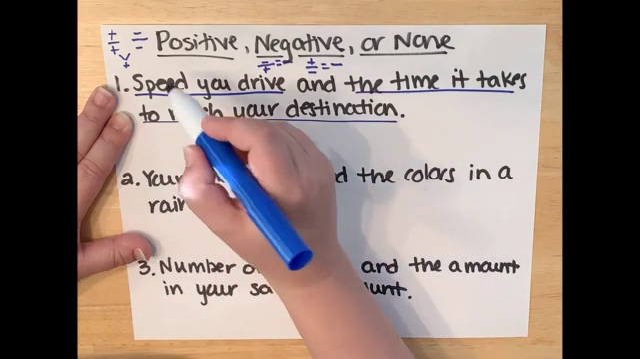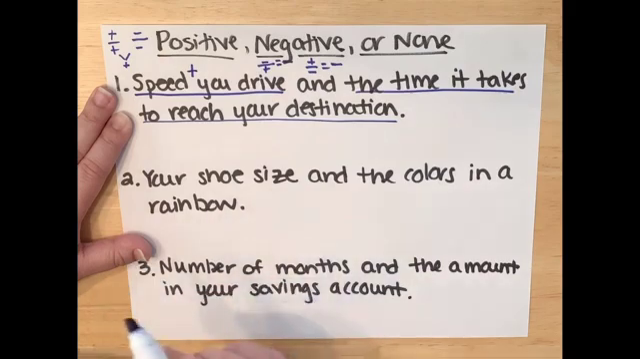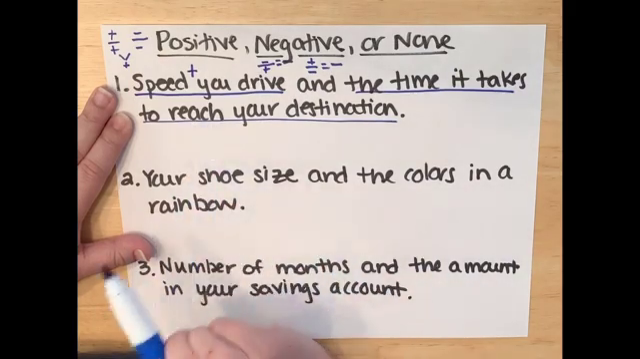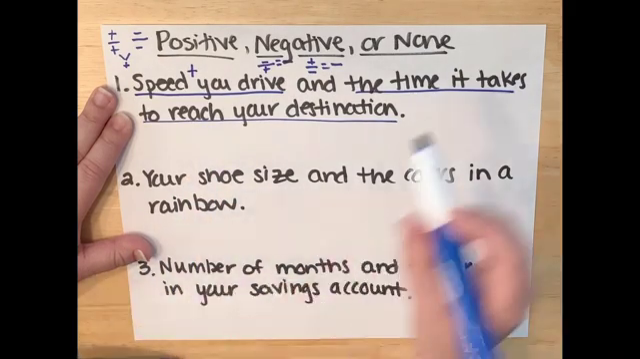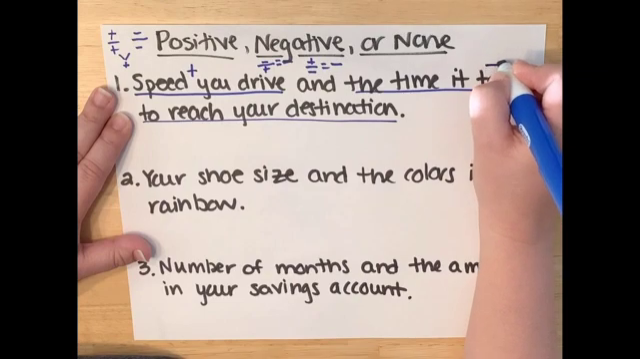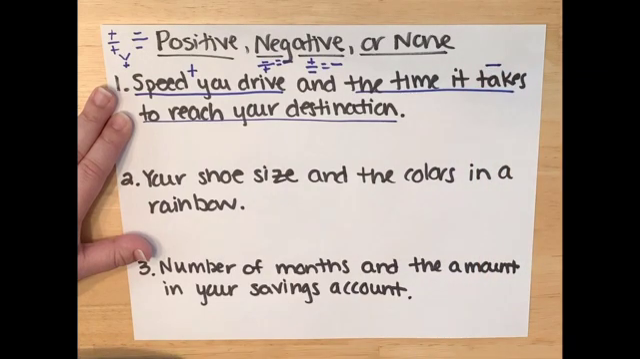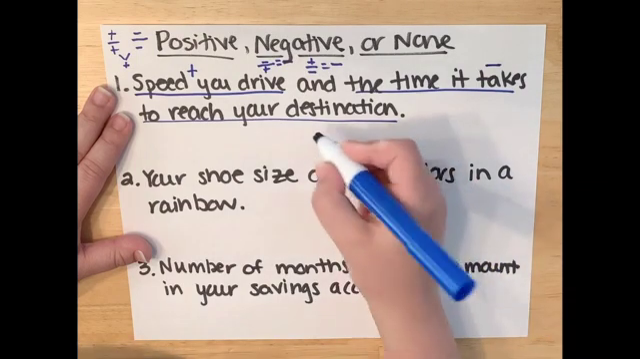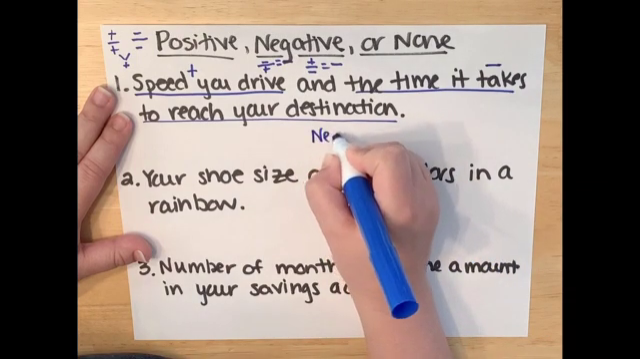So if your speed is increasing, will it take you more or less time to reach your destination? If your speed is increasing, it should take you less time to get to your destination. If I'm going 50 miles an hour and you're going 40 miles an hour, my speed's faster, it'll take me less time to get to where we're going. So this is a negative